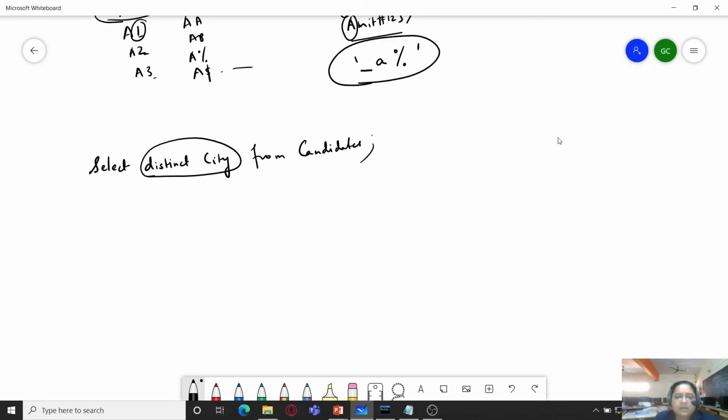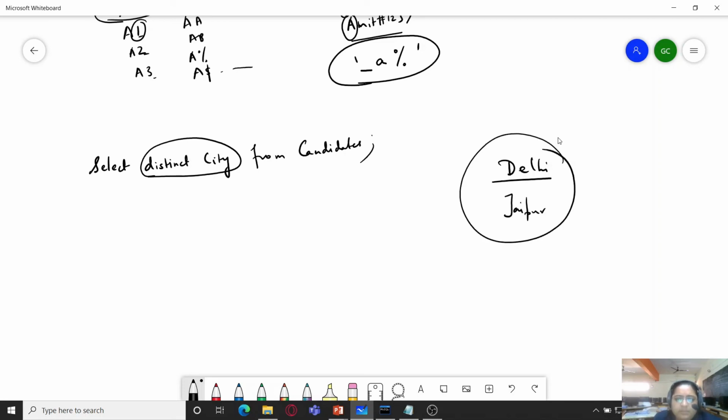That is, if there are 10 candidates from Delhi, so it means that 10 records would be containing Delhi in the city field, and it will remove all the 9 duplicate values and display Delhi only once. And similarly it is the same for all the other cities also.